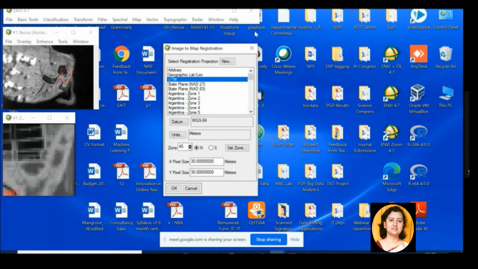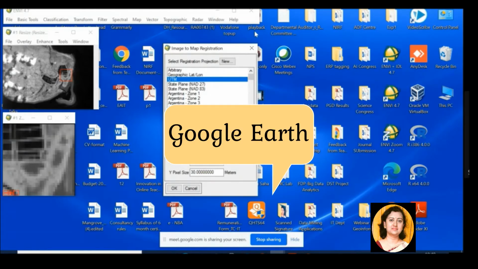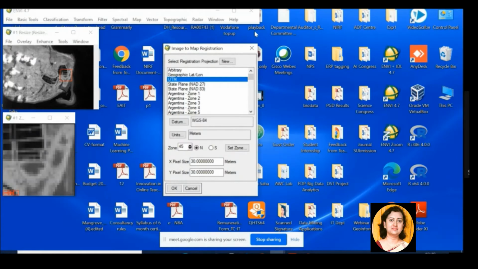Why I have selected image to map is that I do not have a georeferenced image of Henry Island right now with me. I don't even have a map with me, but I have the Google Earth image. All of you can view a particular area in Google Earth. That is not difficult. So I am treating the Google Earth image as a map.